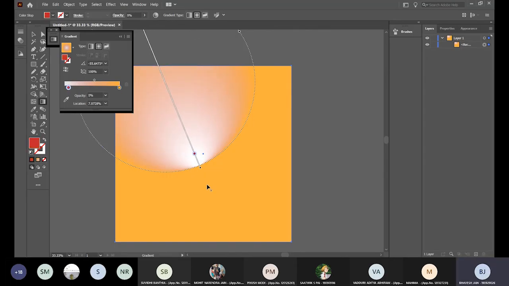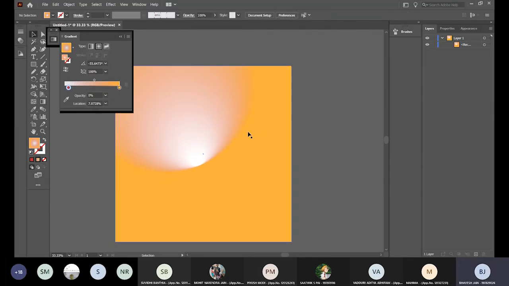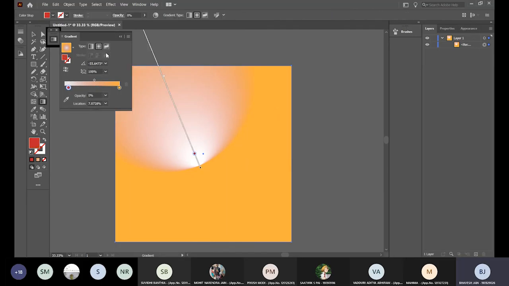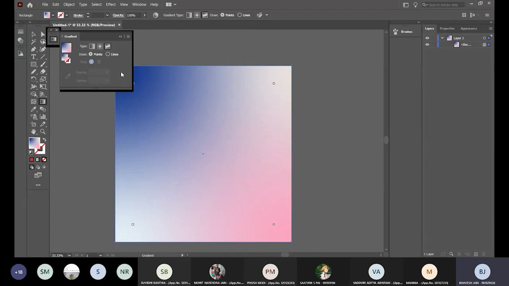and I can drag the entire slider to give it this comet kind of look. So you can alter any and everything. You can edit your gradient from here. If I change it back to normal gradient, again, I can draw and give it. This line is your direction, vertical, and there's something called a free form gradient. This is very useful for 3D texturization to show highlights and shadows.